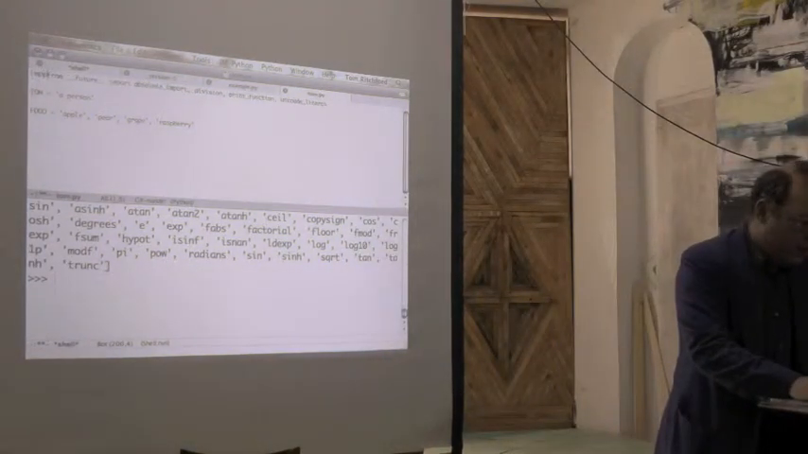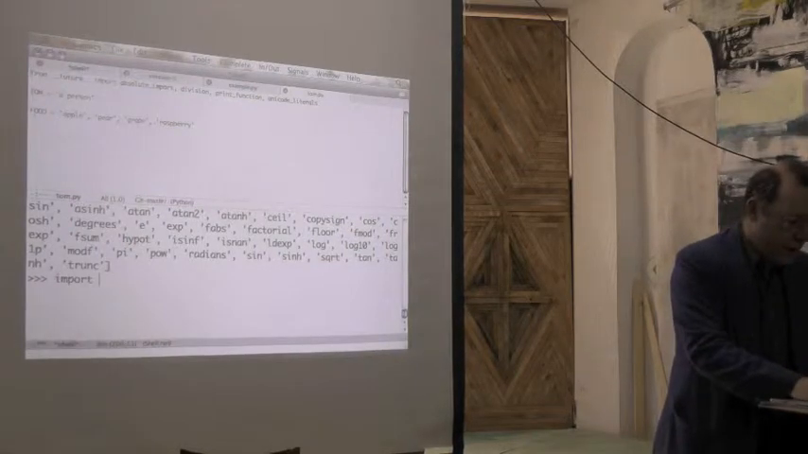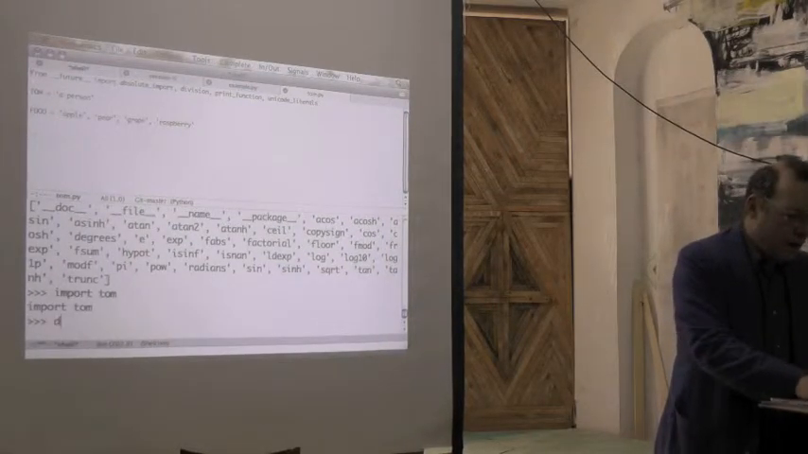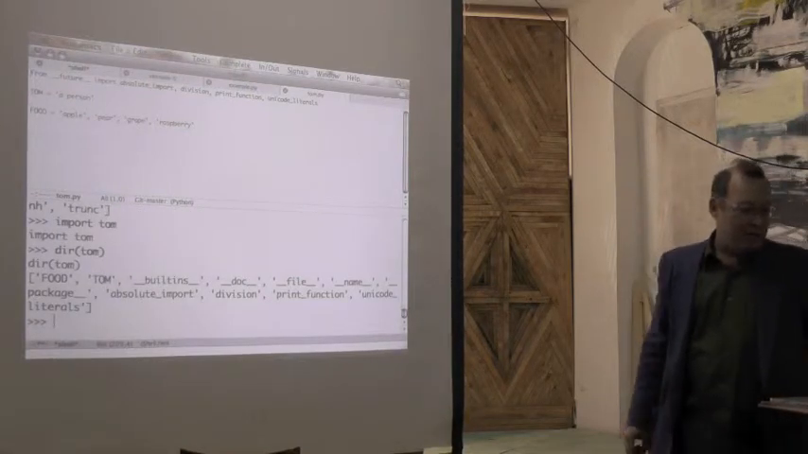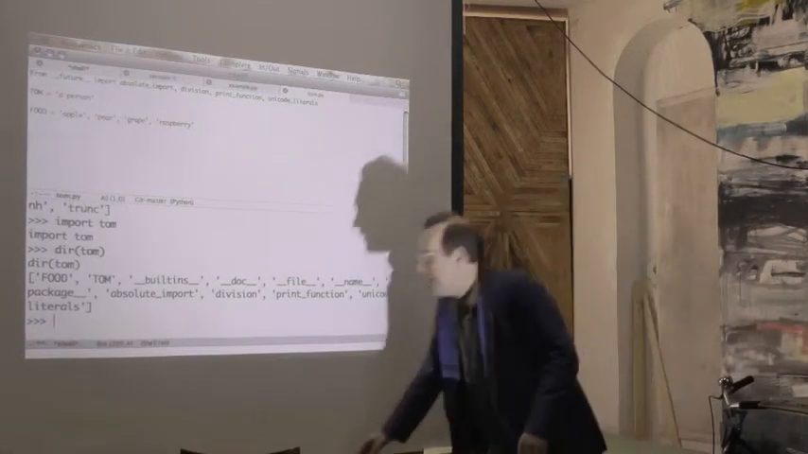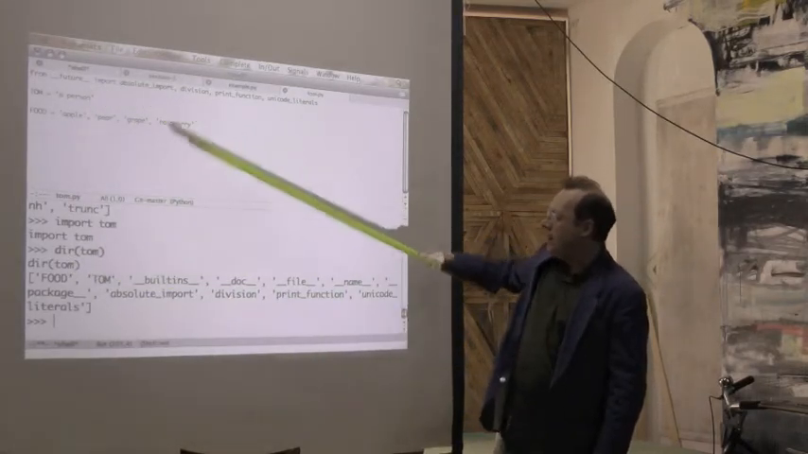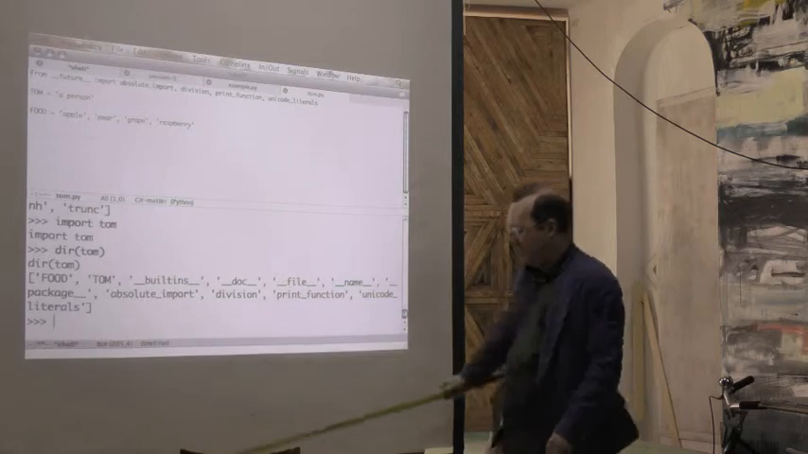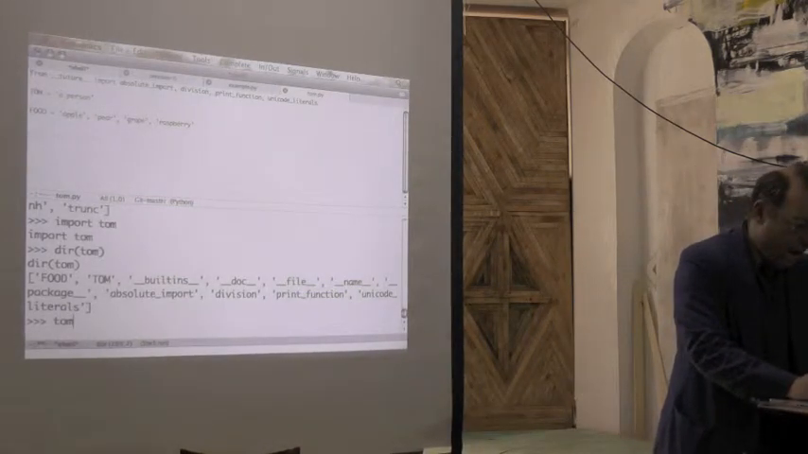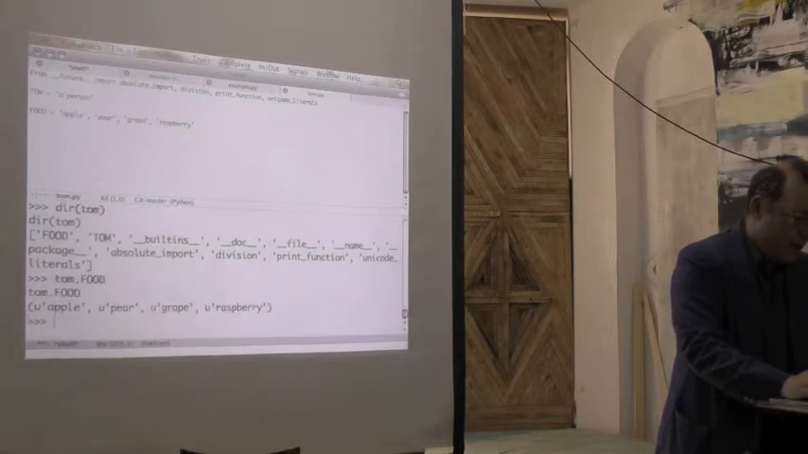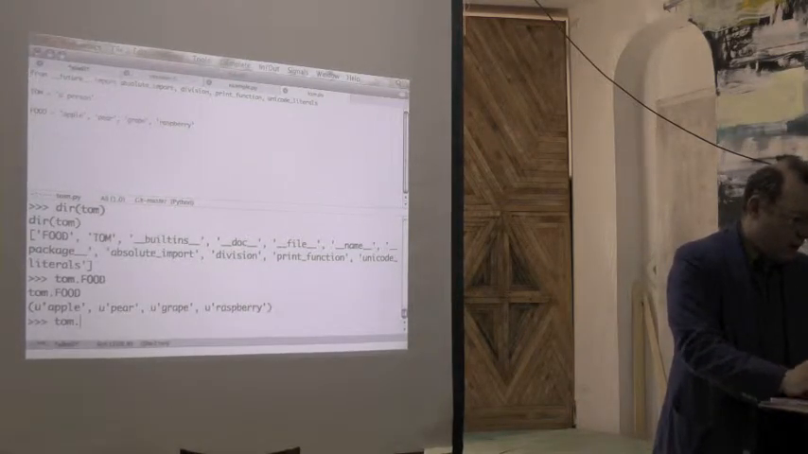I'm going to import, wrong window. Import Tom. Now if I take a look at the items that are in this module Tom, you can see, aside from all these magic things here, that there's food, this guy, and Tom, that guy. Ignore the other ones for the moment. Right? So then I can say Tom dot food, and we get that list there. Tom dot